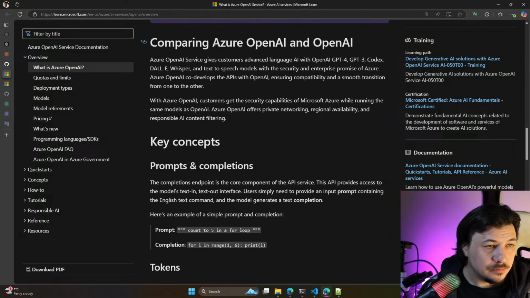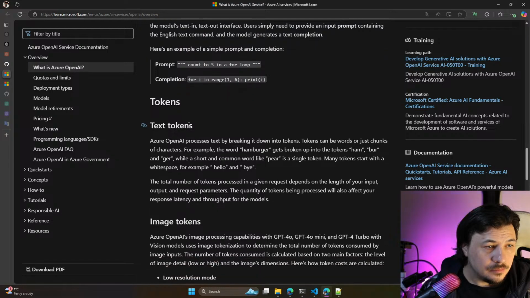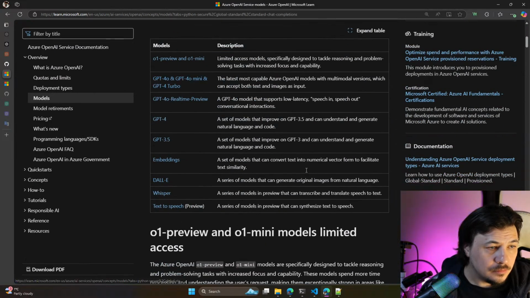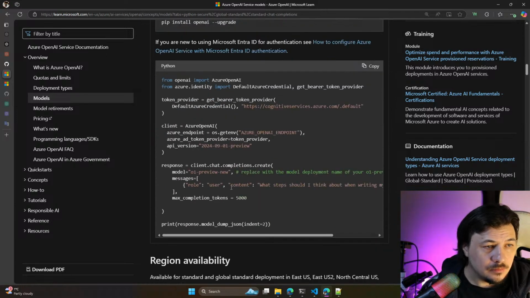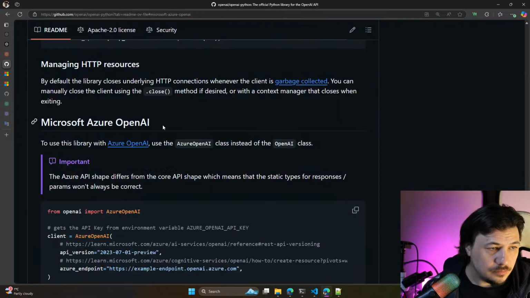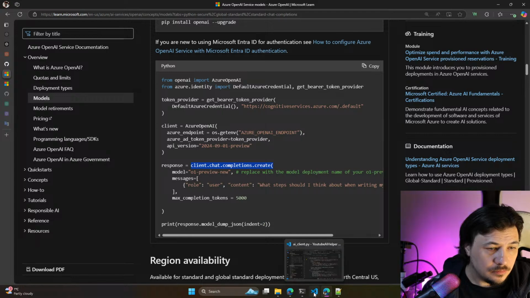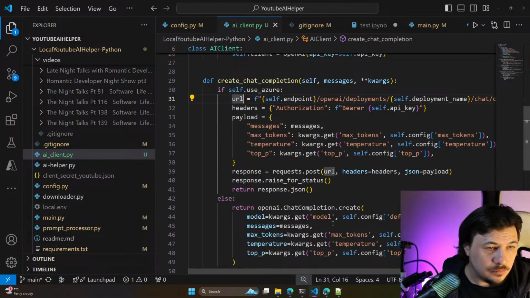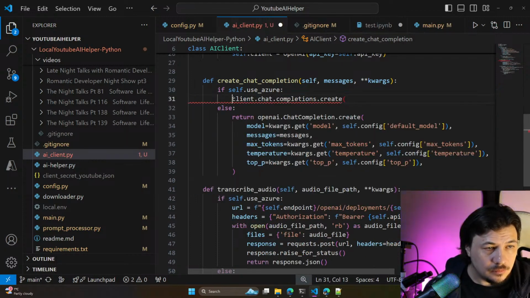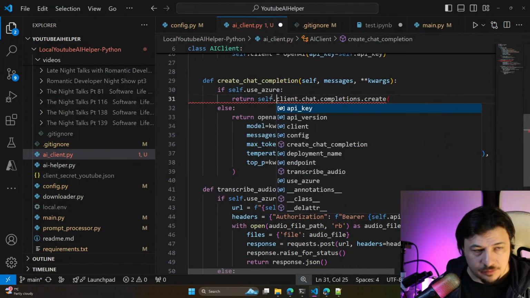Comparing. In the worst case it would be return self client.